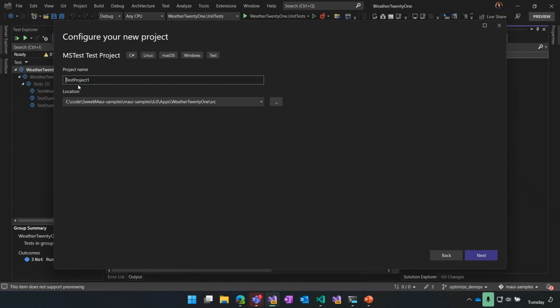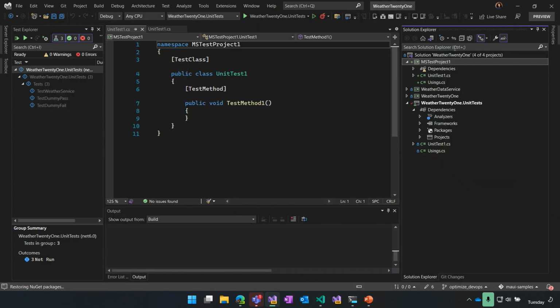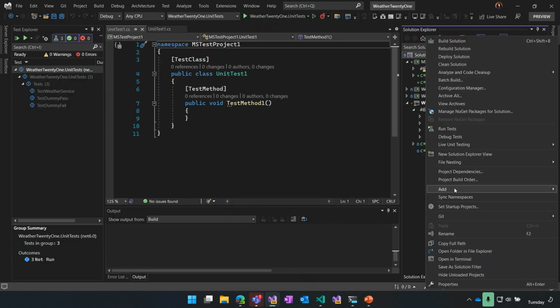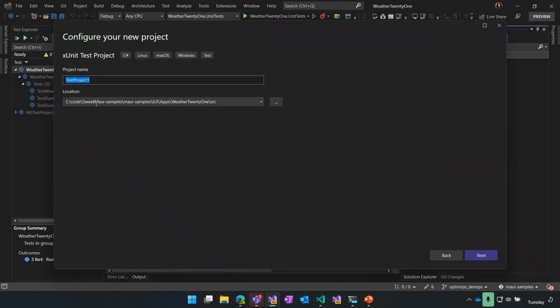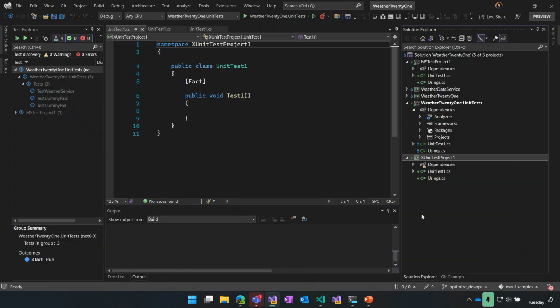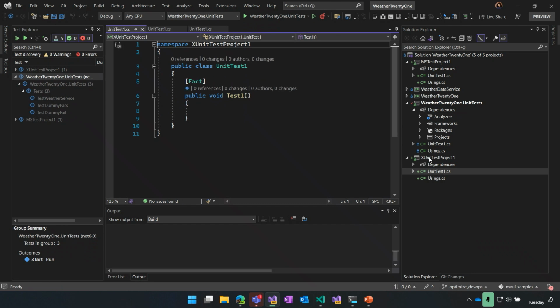So I'm going to name this MS Test project so we know what this one is. Okay, let's create this. All right, and while it's resolving its dependencies, I'm also going to go in and add an XUnit test project. Let's call this XUnit. Okay, I should remember to click, right? I'm not going to add any tests right now. I just want to show you the building and running process of it, but we'll actually run this NUnit test on DevOps, and I'll show you how that looks.